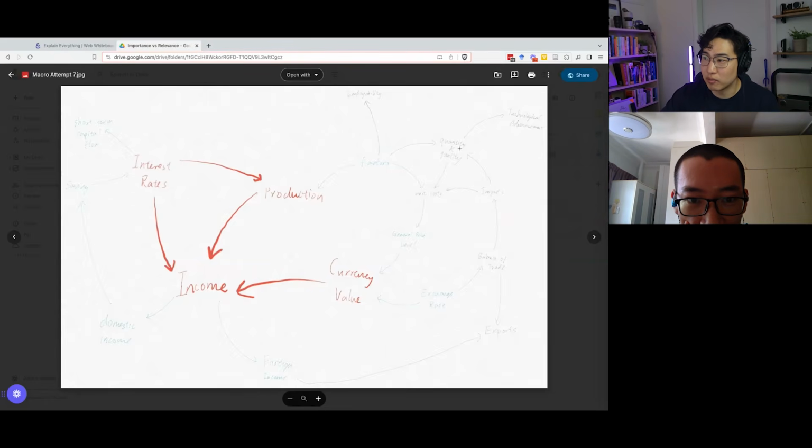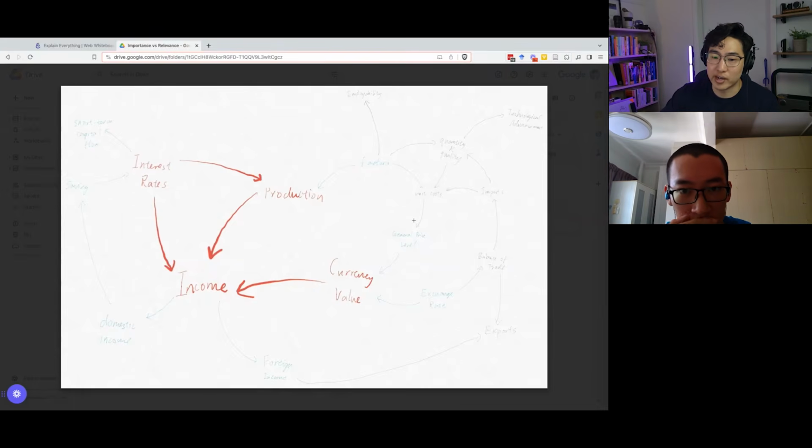So if you were to add, for example, technological advancement, which is right here in the top right, and then you think, well, how is that potentially related to domestic income or foreign income? That means that you're giving yourself an earlier opportunity to rearrange the flow.